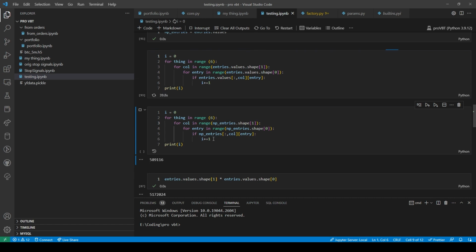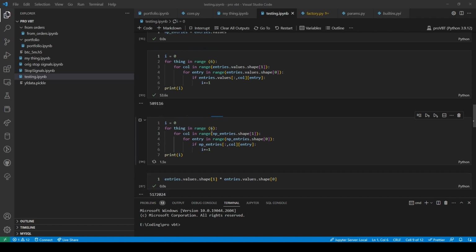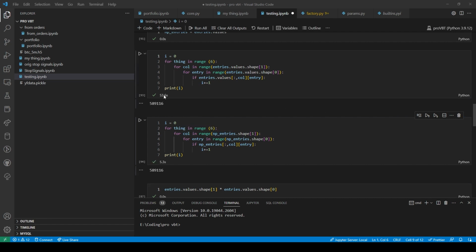So now the only problem is going to be how do I keep track of what is what? Because at the end of it, wow, 53 seconds versus 5 seconds. 53.6 divided by 5. Oh, that's a 10x speed difference.